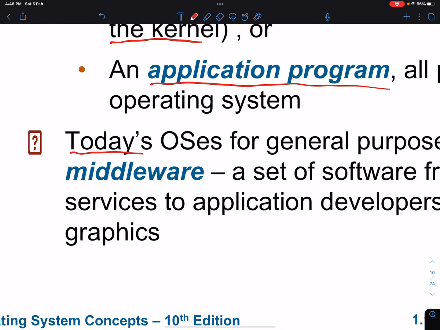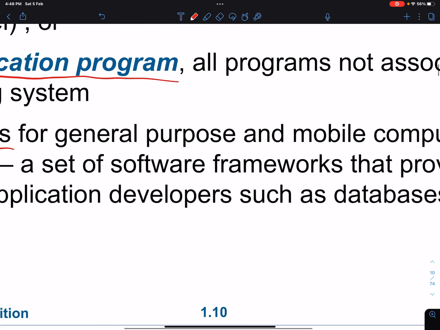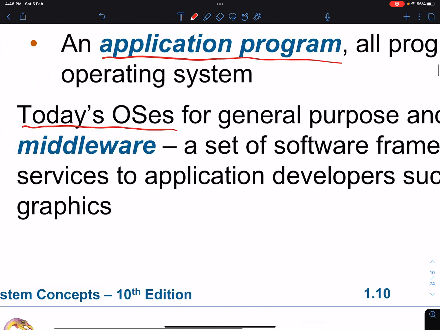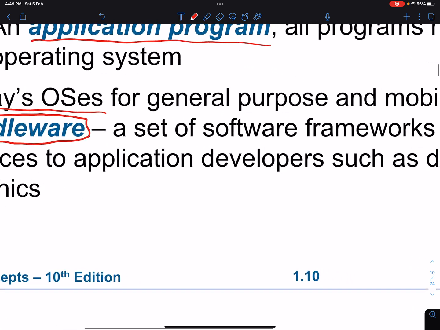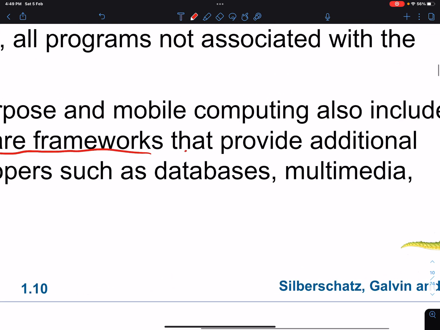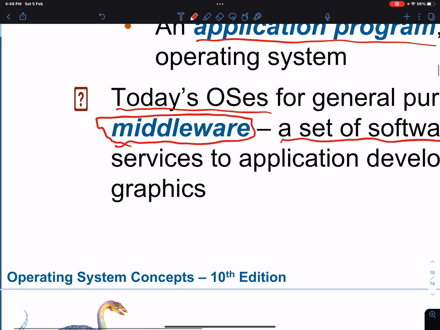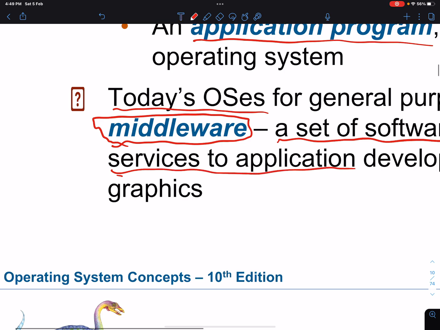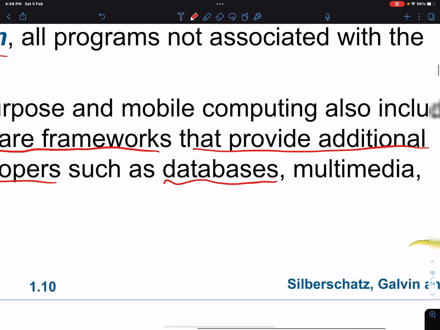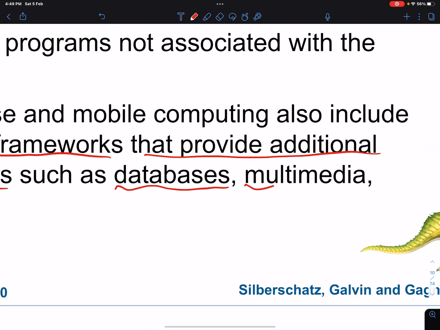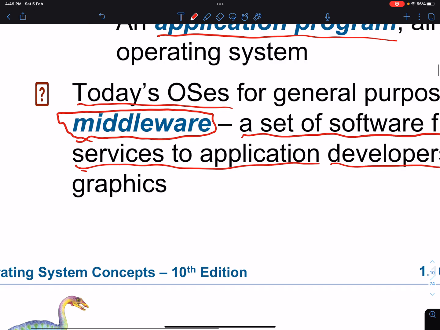So today's OSs for general purpose and mobile computing also include middleware. What is middleware? A set of software frameworks that provide additional services to application developers, such as databases, multimedia, graphics and so on.